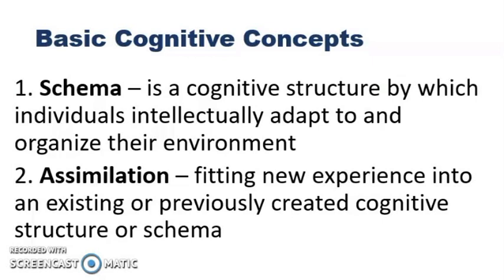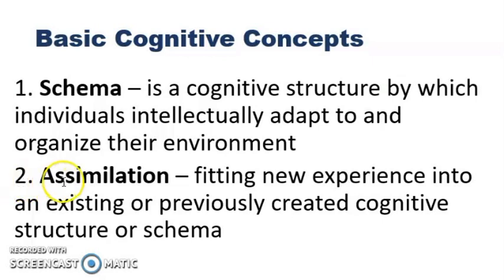So some of you might answer that fruits come from plants, and fruits are products of fertilized flowers. Some will answer that fruits may taste sweet and may taste sour. So that is your example of schema. So it is basically your prior knowledge about something. It can be about people, places, things, food, and events.